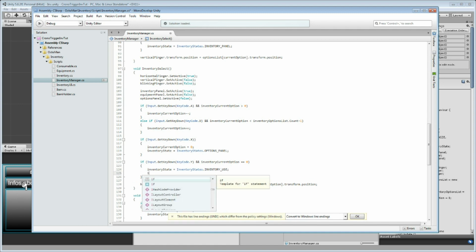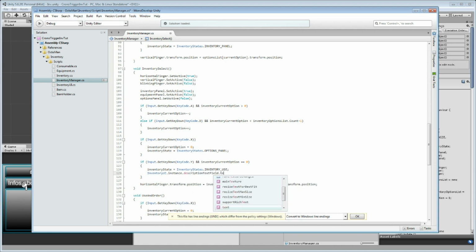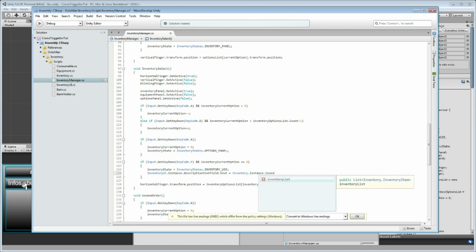At this point we can say InventoryUI.instance, so we call the instance, and what we want to set is the description text field's text to be equal to Inventory.instance.inventoryList in square brackets, and now we pass in the inventory current option, of course, dot item dot description. So with that small line, we pass into the description field,